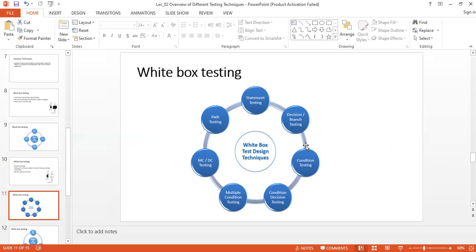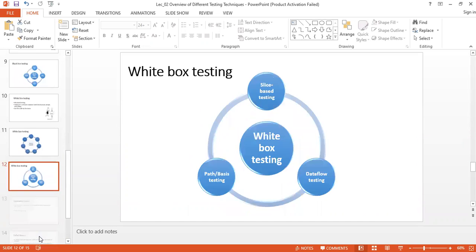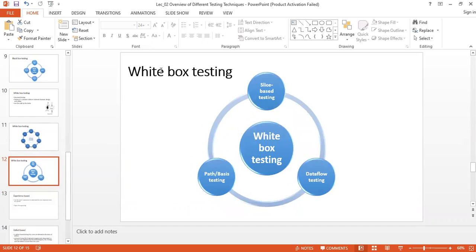Statement, decision branch, condition decision, multiple condition, MCDC, and path testing are the white box testing techniques. So we will learn those concepts. And again, we have another set of white box testing techniques: slice based testing, data flow testing, and path basis testing.